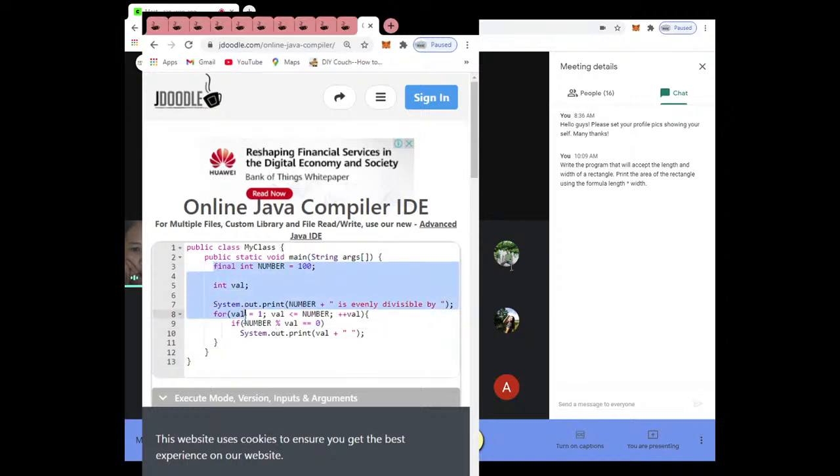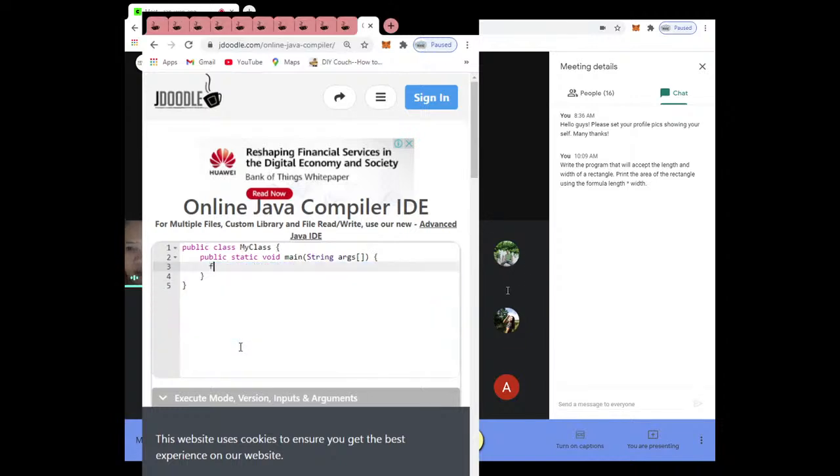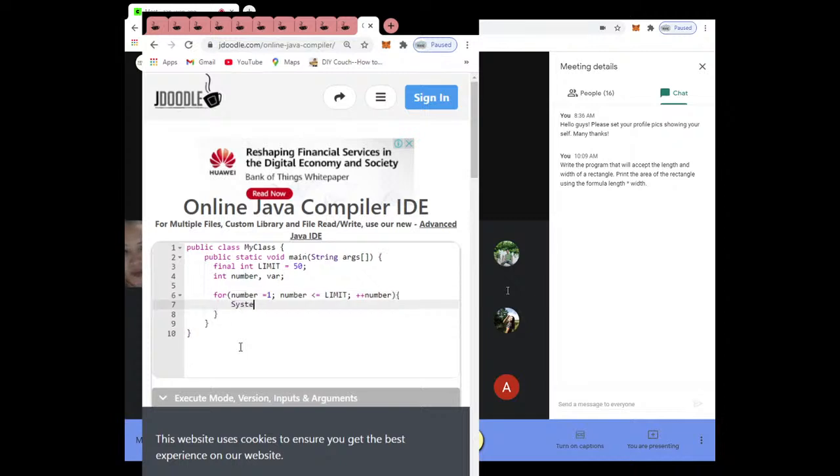So I'm gonna show, I'll edit this one and I'll show you. This one is int limit equals to 50, and then we have int number and variable. Then we'll have a for loop, number equals to 1 and number is less than or equal to limit, then plus number. Okay, then we print here plus is